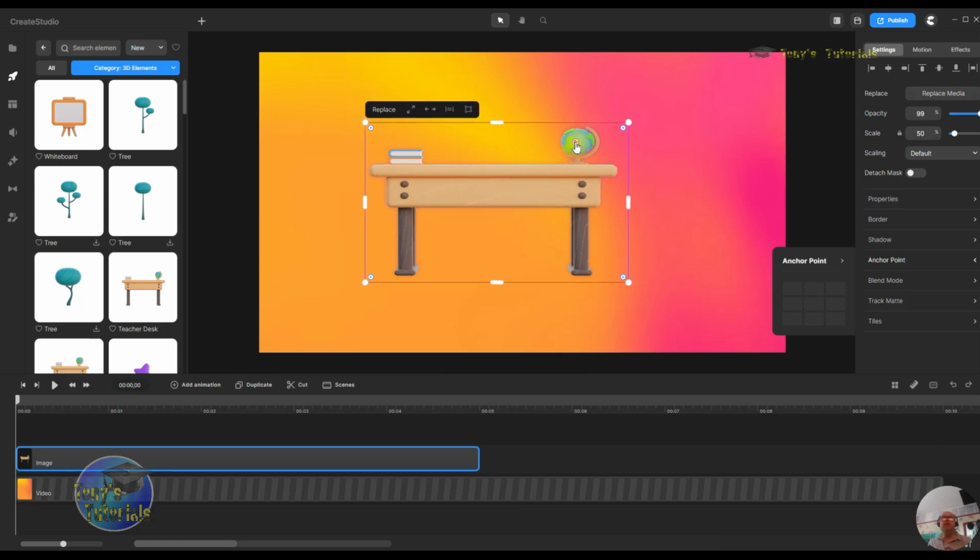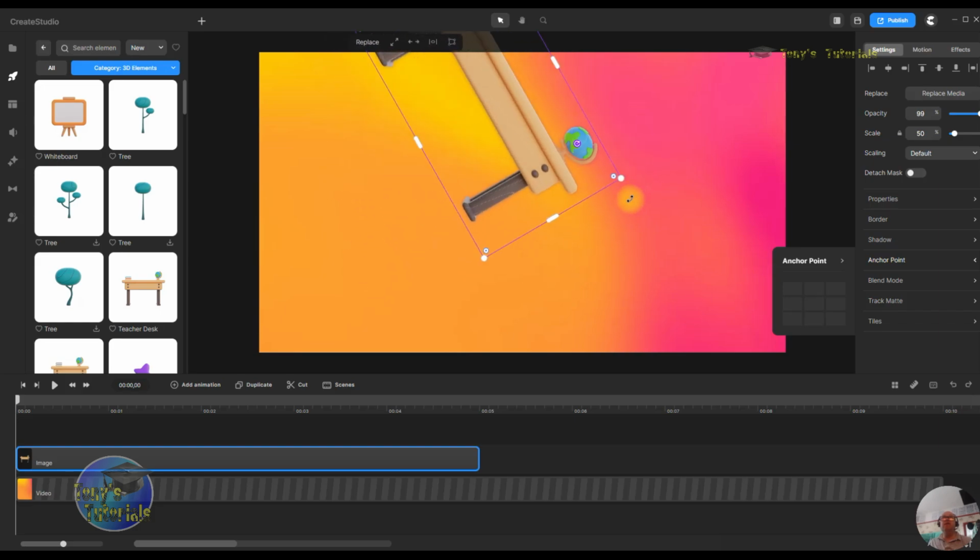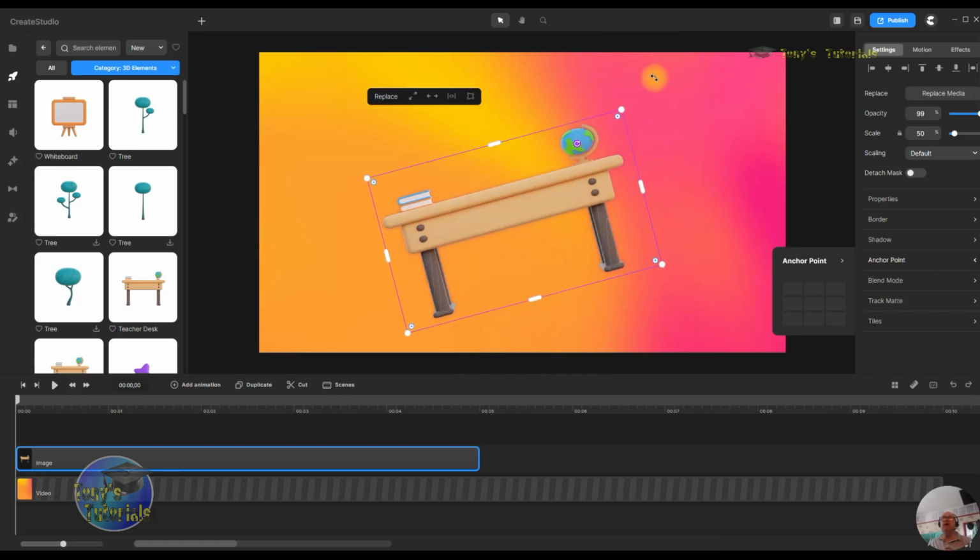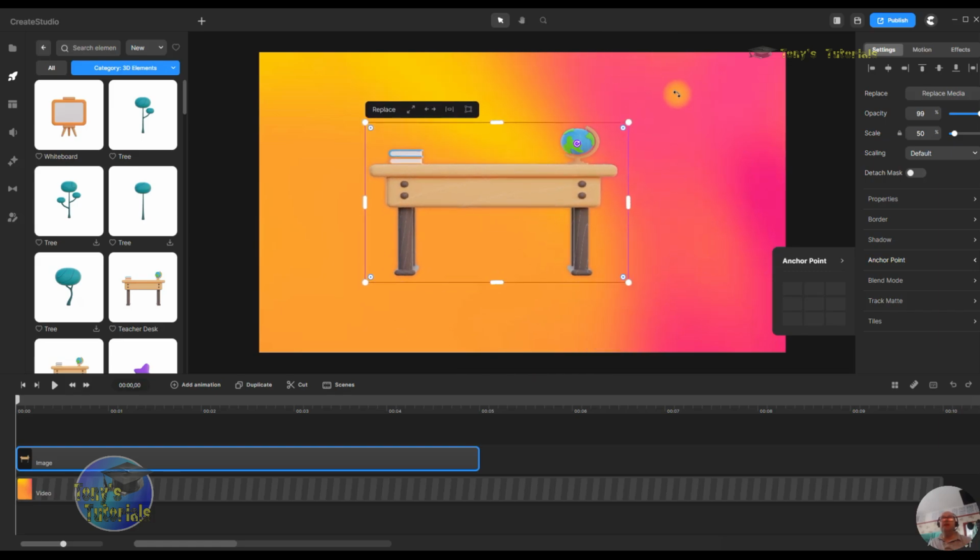And I can put it on the globe and have everything rotate around the earth like that. That's pretty cool. But if you want to put it back to normal, then you put it there on the anchor point, either